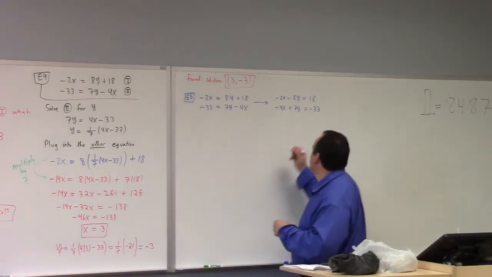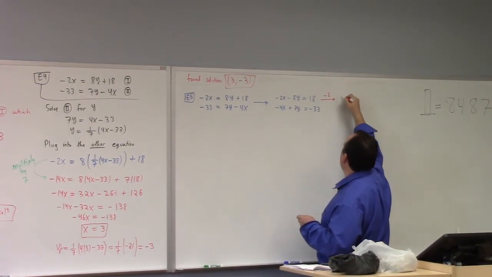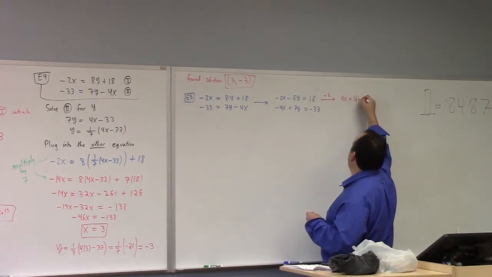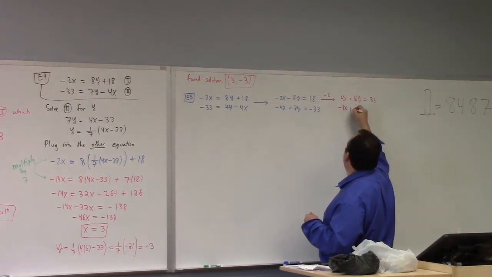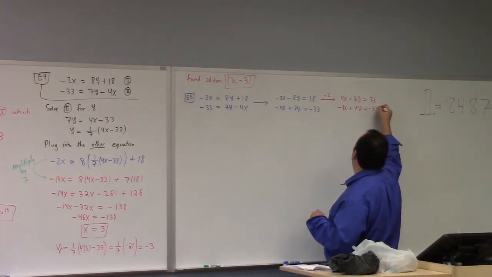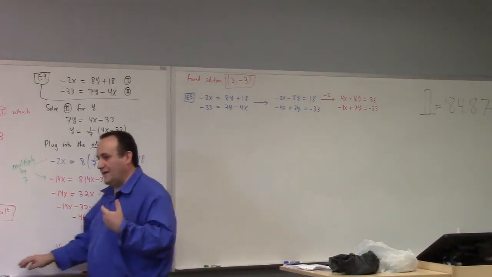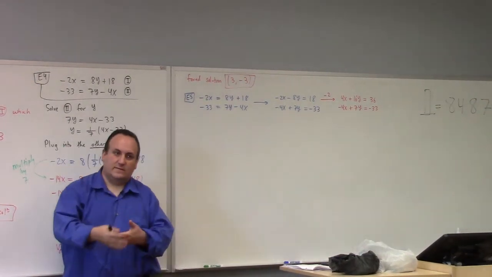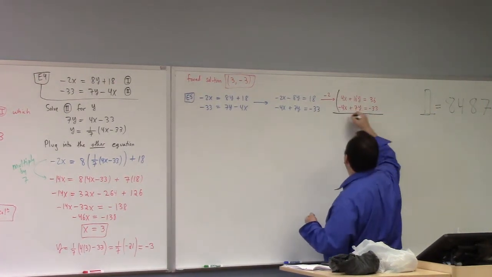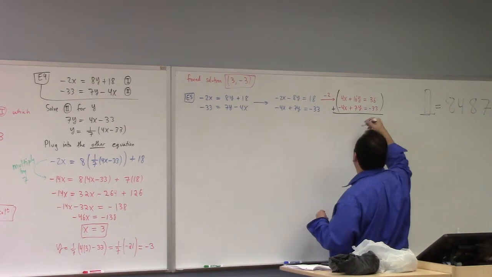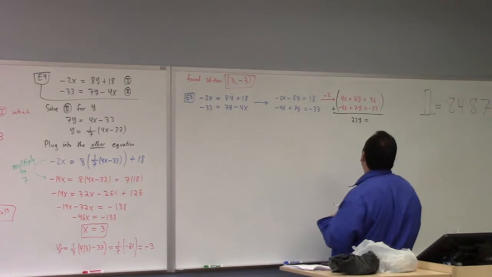So let's multiply equation 1 by minus 2. That gives me 4x plus 16y equals, 2 times 18 is what? 36, yeah? So by multiplying that by minus 2, I made it so that when we add these equations, the x's are going to cancel, right? So the method of elimination here: add these equations, my x's are canceling, and I've got myself a 16 plus 7, which is 23y, equal to,